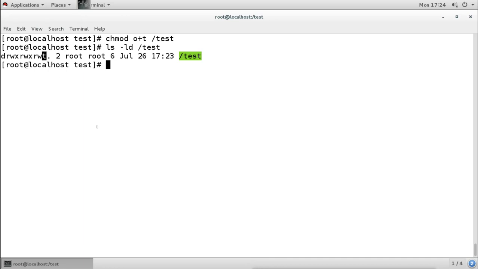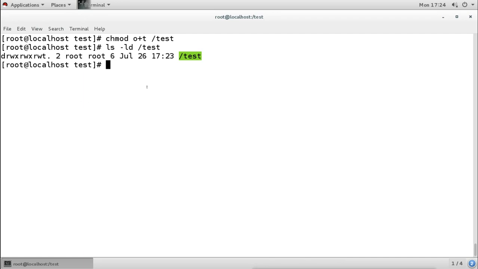How will we know whether we have execute permission for other users or not? We don't know, because there is no x here, it is only showing t. That is why we see the capital T. When you have the sticky bit with the execute permission, you will see small t, and when you have the sticky bit without execute permission, you will see capital T.